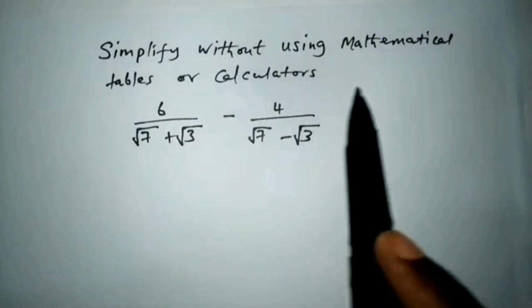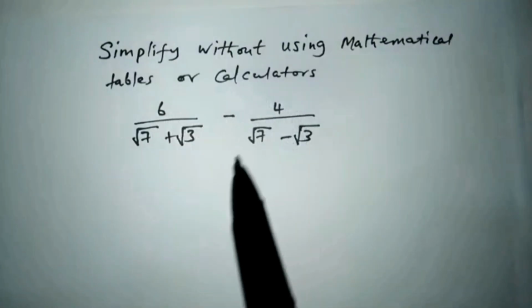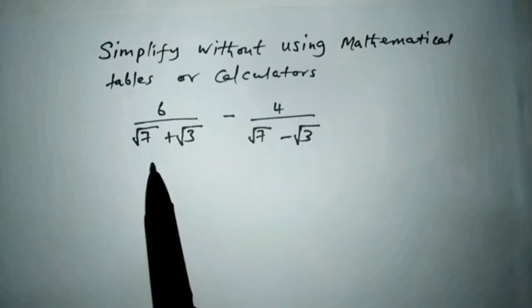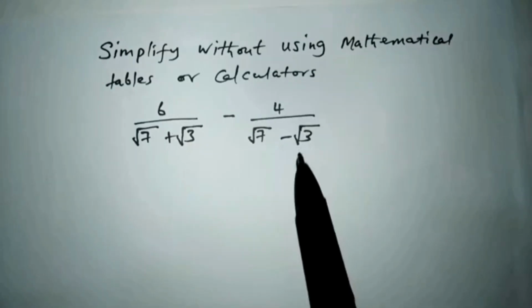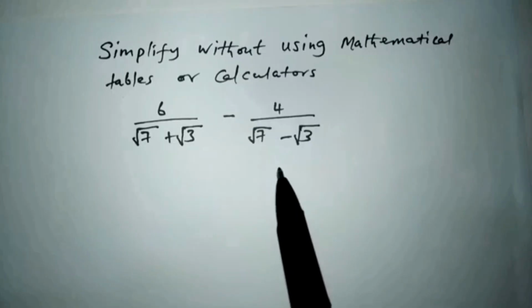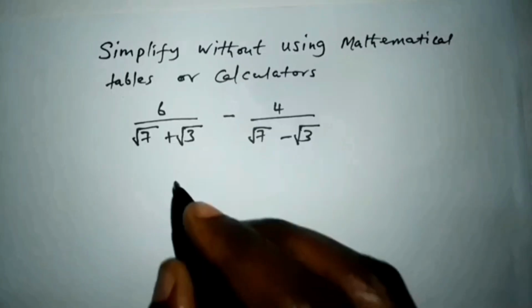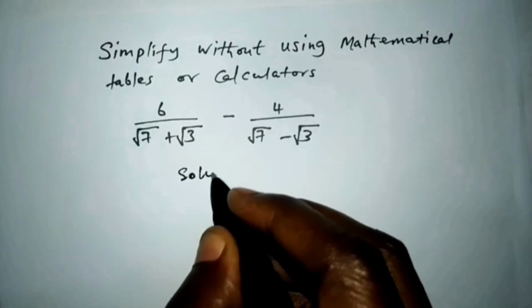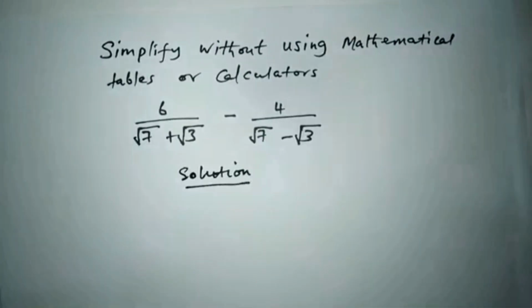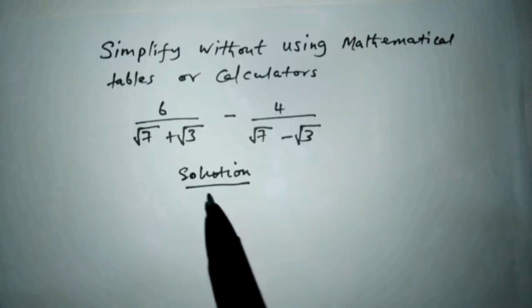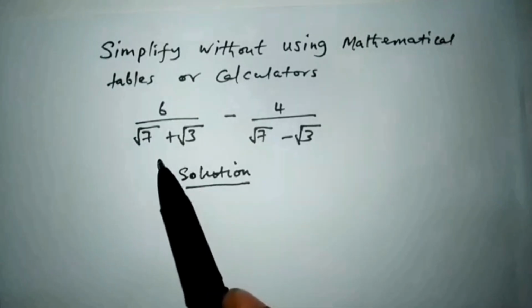Simplify without using mathematical tables or calculators. 6 over square root of 7 plus square root of 3, minus 4 over square root of 7 minus square root of 3. Our LCM in the denominator here is